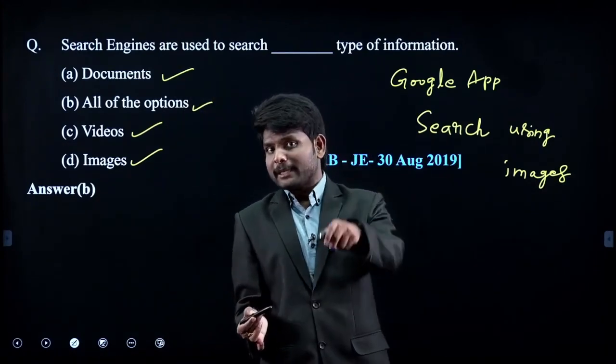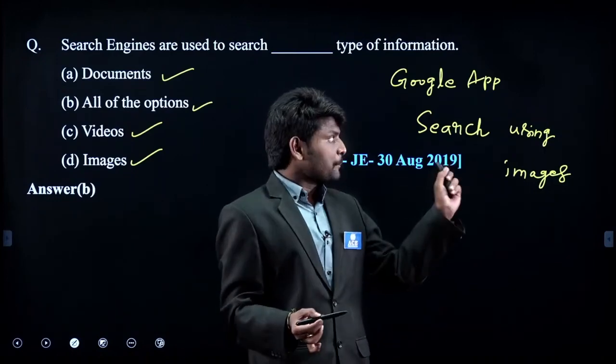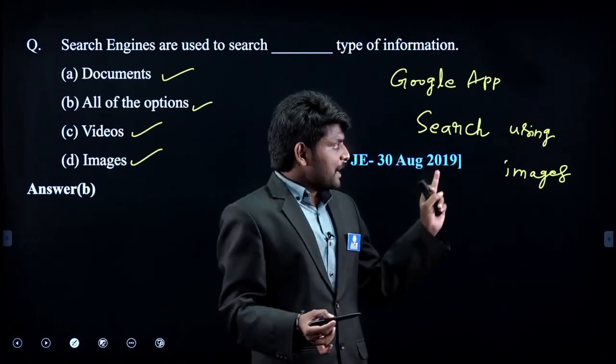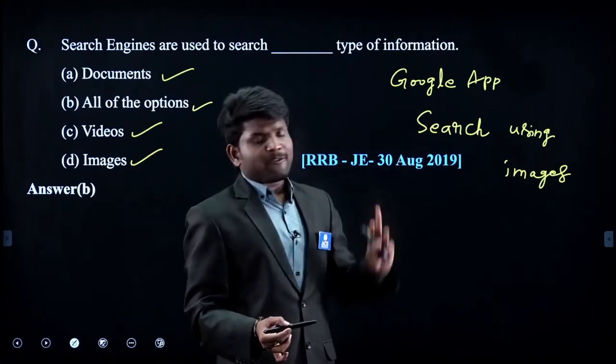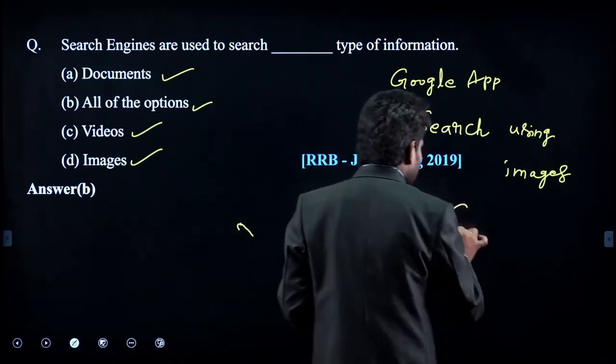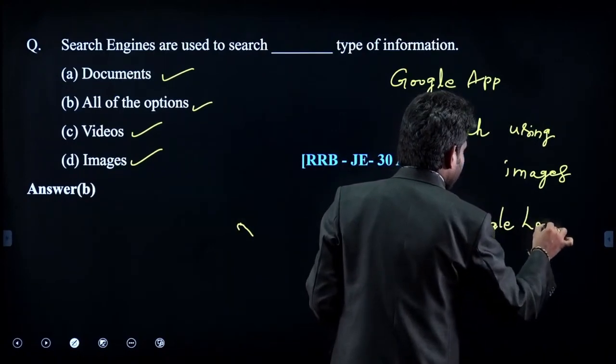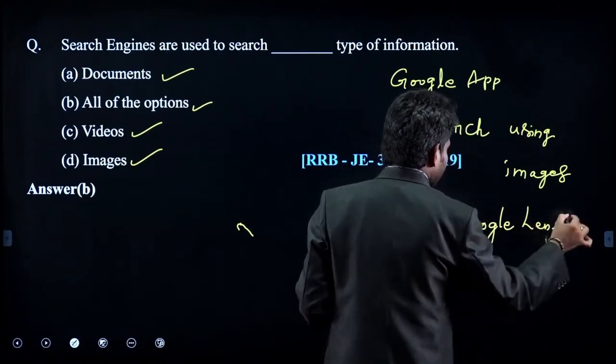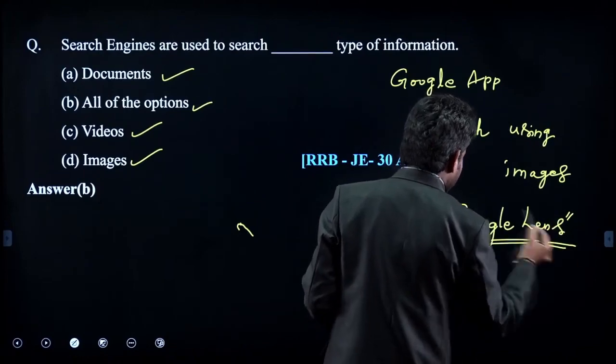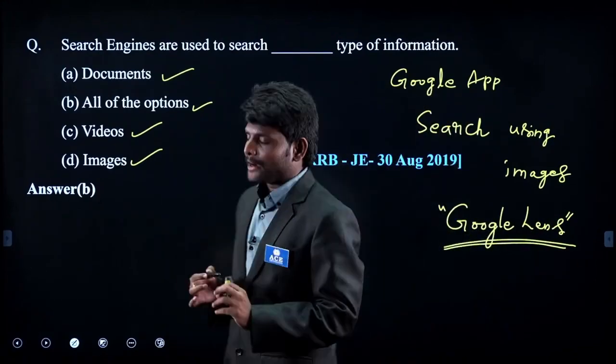Here I am not searching for the image. Here I am extracting some content from the image and, based on the content, I am going to perform the search. The answer is Google Lens. So Google Lens is an application which takes an image as the input and gives some relevant output. Hope this point is clear for you.